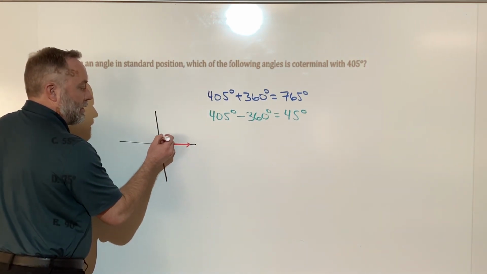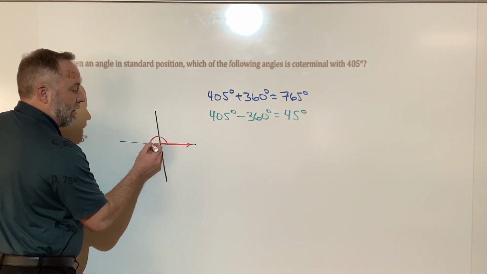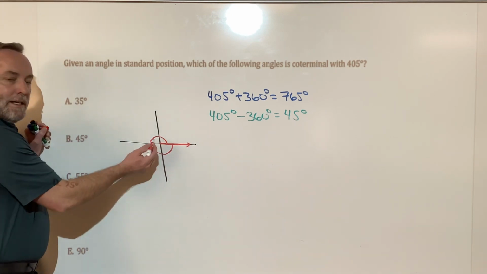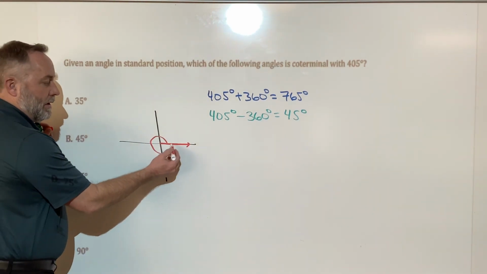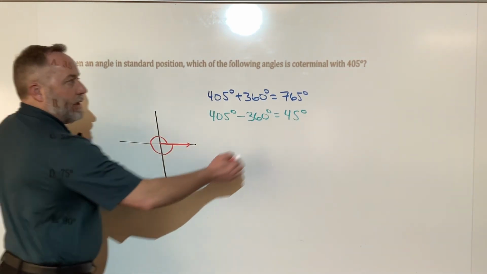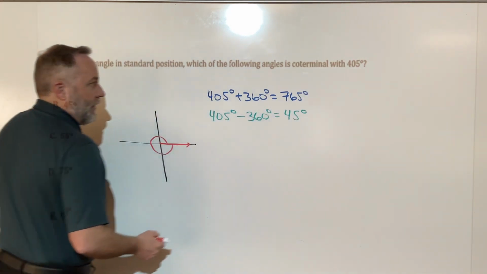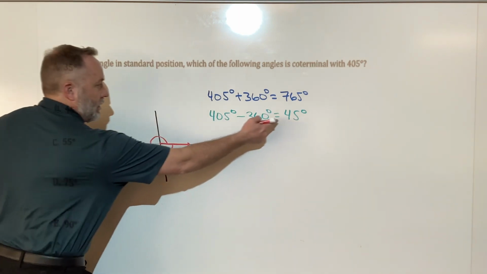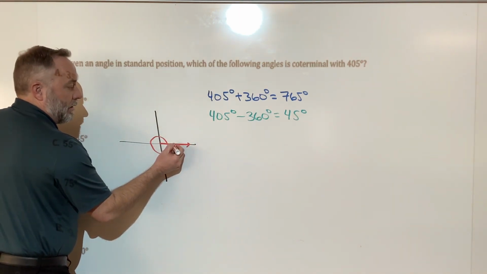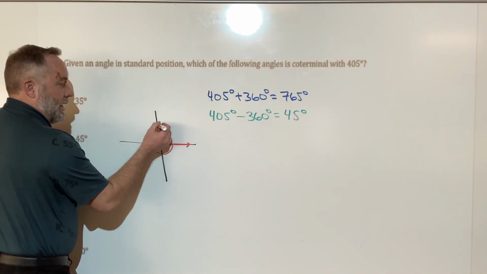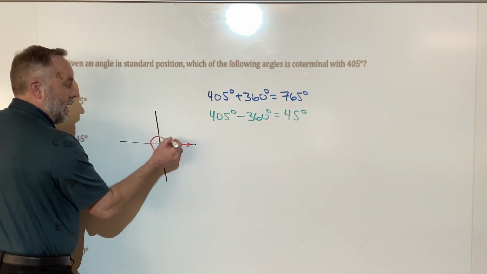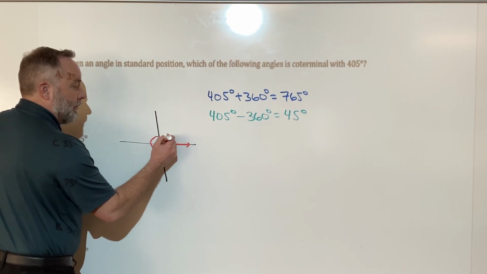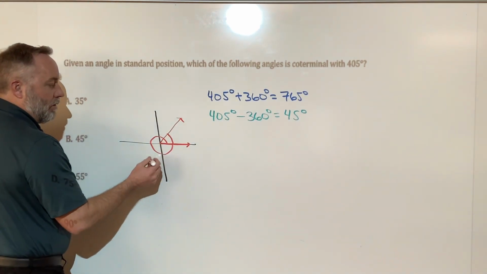So first of all, there's 90 degrees, there's 180 degrees, that's 270 degrees. One full circle is 360 degrees. So we just went 360 degrees, but we need to go to 405 degrees. So 405 degrees is 45 degrees more than 360. So again, traveling to the first vertical would be 90 degrees. 45 is half of that, so we're just going halfway. So that red angle would be